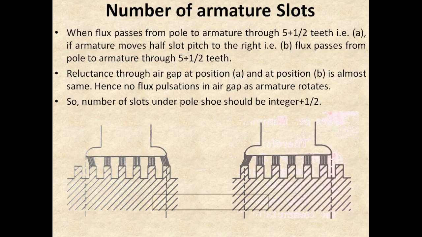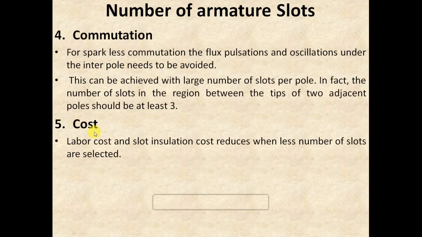So it's clear that in order to avoid the flux pulsations and oscillations, the air gap reluctance per pair of poles should remain practically constant, and the air gap reluctance is made constant by choosing the value of the number of slots under pole as an integer plus half. Next, while considering the cost factor, it is